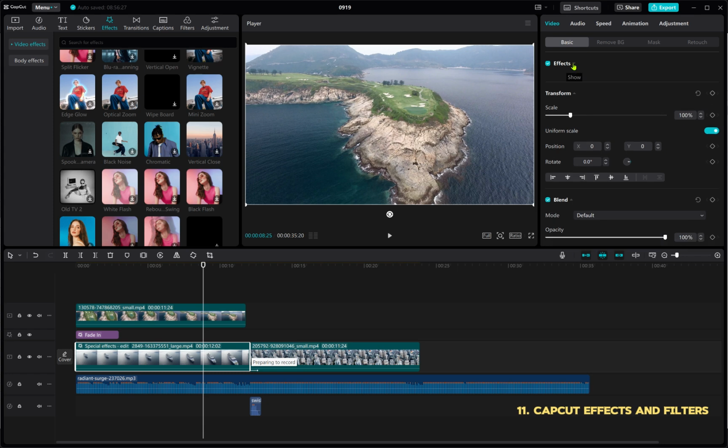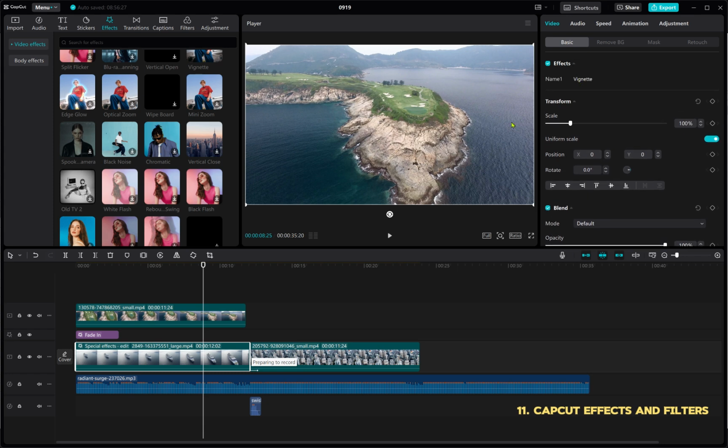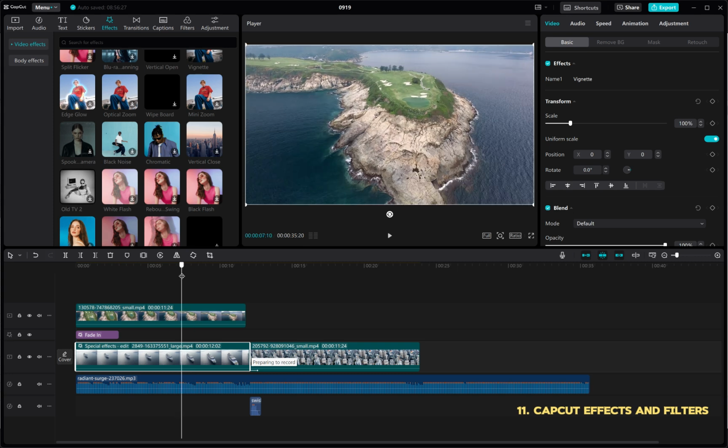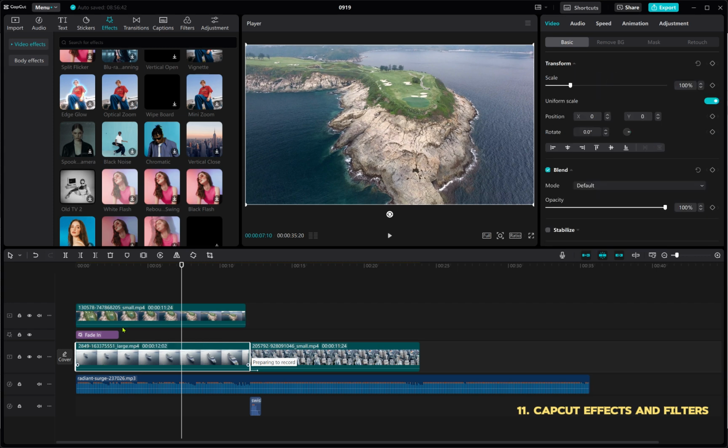Let's say you have videos stacked up together like this. Let's delete the effect under this. If you applied a fade effect,